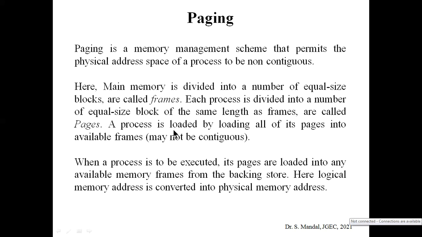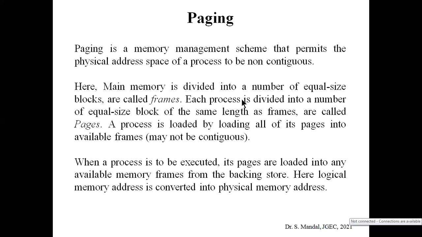Okay, and another thing to keep in mind is that frame size and page size are the same. Okay, the concept is that we should place the pages, or the parts of the process, into any frame. That's why the size of the frames and the size of the pages should be the same. So in case of paging, we divide the main memory into frames, that is, equal size blocks, and we divide the process into pages, also equal size blocks. Okay, and frame size and page size should be the same.